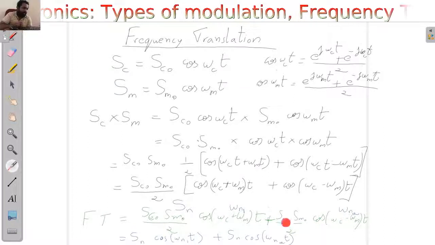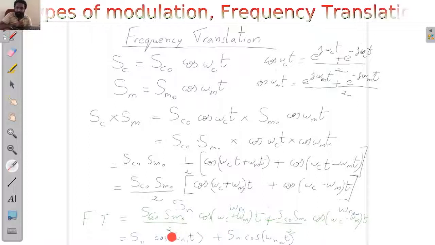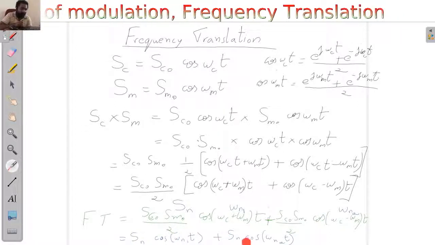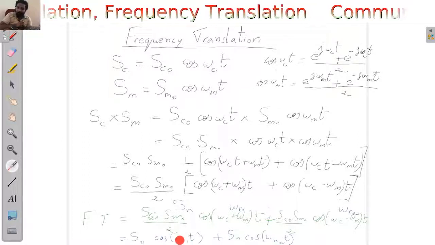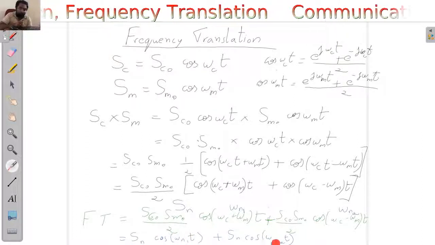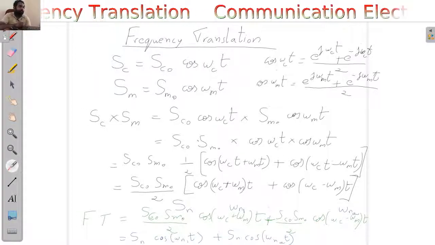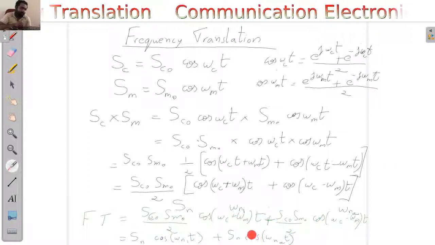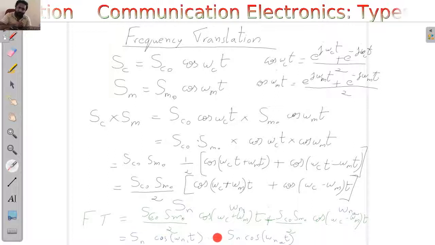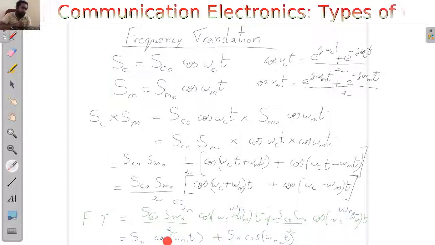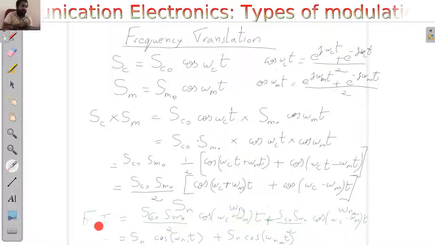And basically what happened when we multiply two cosines is that I got two signals superposed with each other. One is a sum frequency term, with omega n1 frequency, and the other one is a difference frequency term with the frequency omega n2. Okay, so we have two frequencies like this, two signals. So this is a superposition of two signals because you have a plus sign here. It is a superposition of two signals, and this wave is called our frequency translated wave.